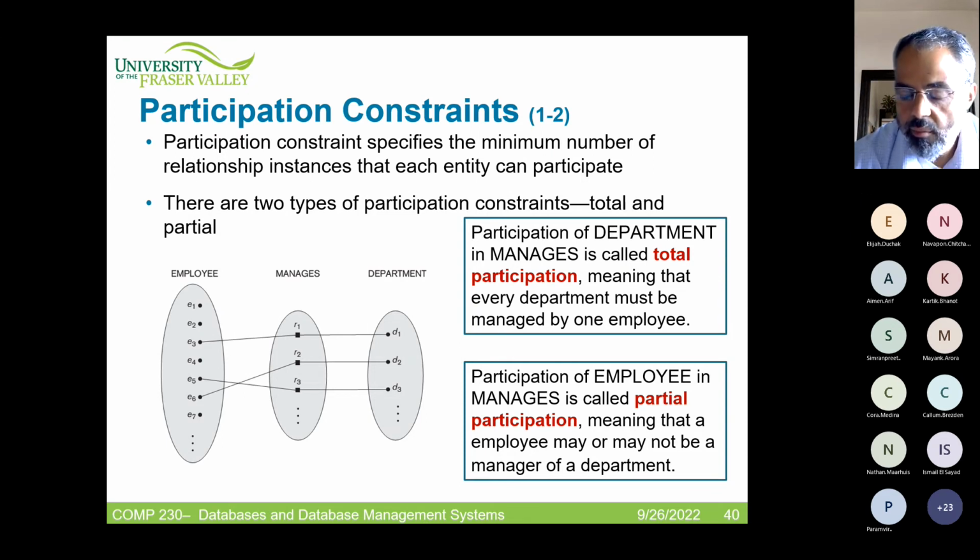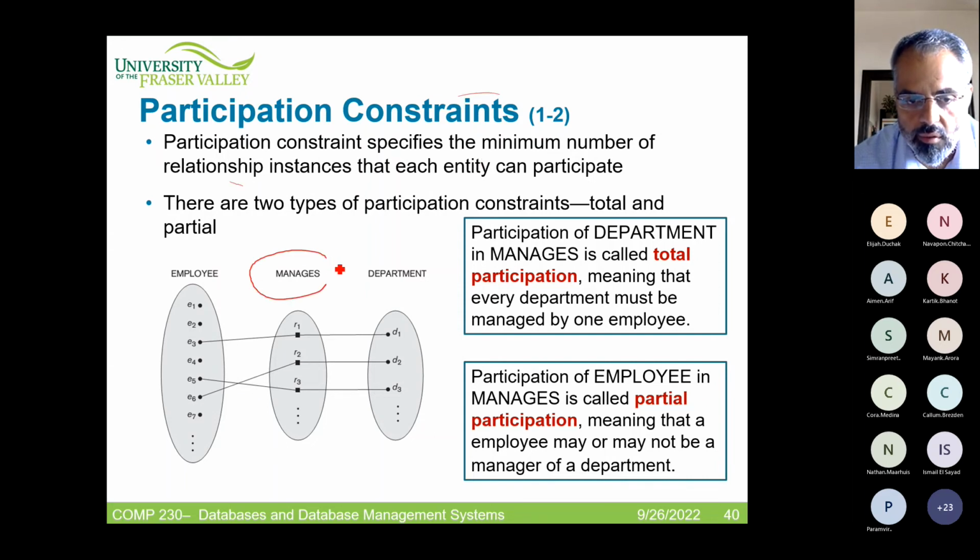However, sometimes with participation, whether it is many or one, it will be full or partial. Full, or total participation, means that all instances from this side will be involved in this relationship. So it is a full participation from this side, total participation. If some of them participate and some do not, we name it a partial participation,